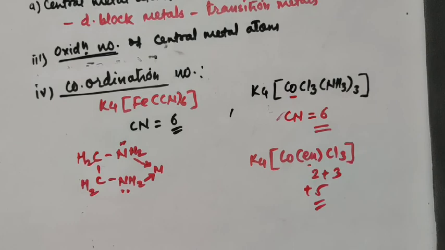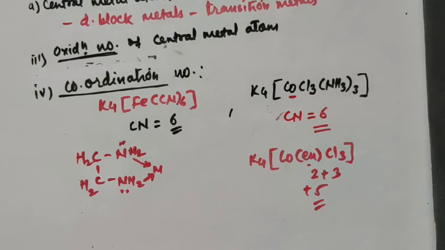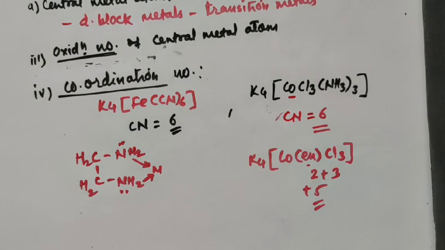So next one is what? Next one is ligand. So first one, ionization sphere, which is the outermost sphere, in which there are counter ions, and the counter ions show the primary valencies. The coordination sphere contains the unionizable part, and they give the coordination number to the central metal atom, or secondary valencies. Then the central metal ion, or central metal in a coordination sphere, is present along with ligands, and the central metal atom has an oxidation number. We are supposed to find out the oxidation number.